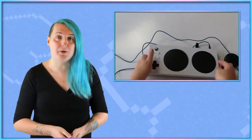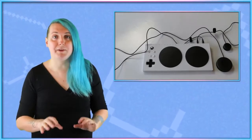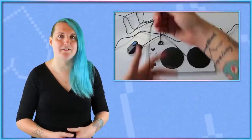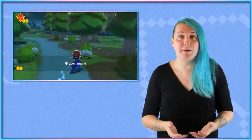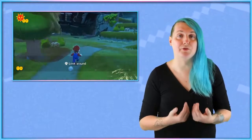A modular controller base designed for disabled gamers, it featured a bunch of 3.5mm audio ports and USB ports designed so that disabled players could customise their gaming experience by connecting buttons, switches, or joysticks to be used instead of a regular controller. Considering how much the Xbox Adaptive Controller opened up gaming and made it more accessible to disabled